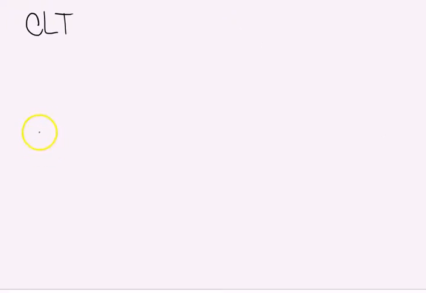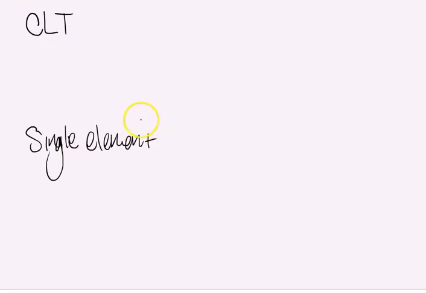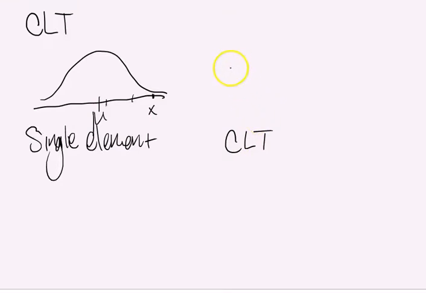Well, this is important because if I take a single sample, or a single element from my population, and this is the mean of my population, a single element can be very far from the mean. It can be close, right? But it wouldn't be unusual to have a single element very far from the mean. However, if we use the CLT and we look at the distribution of all of the means I can have,